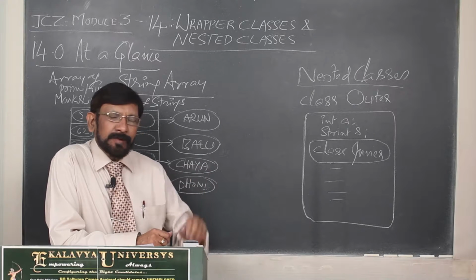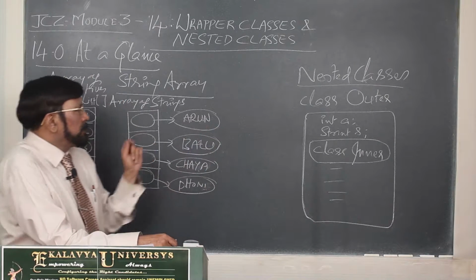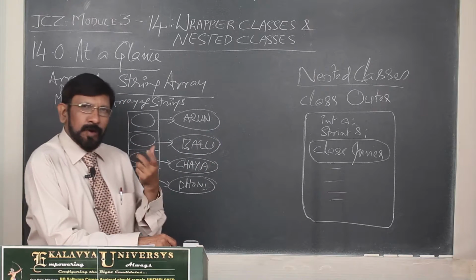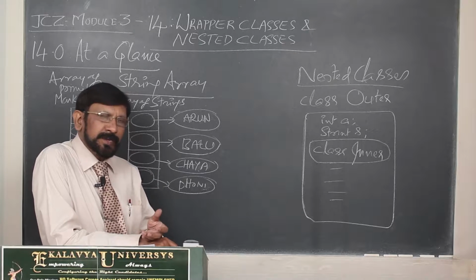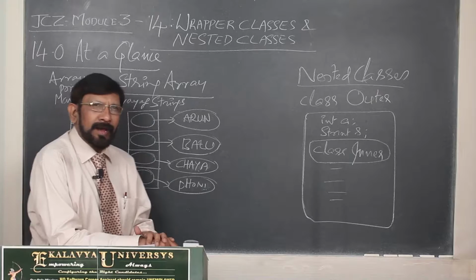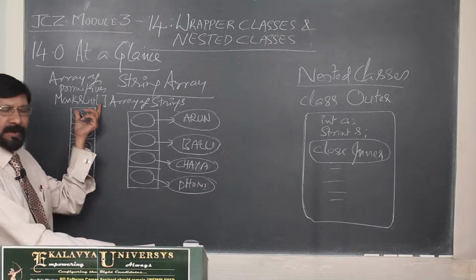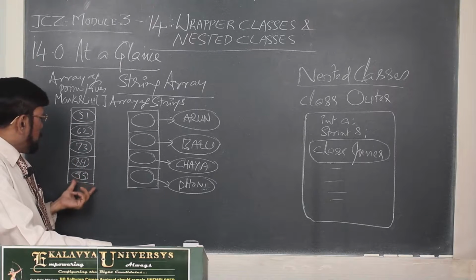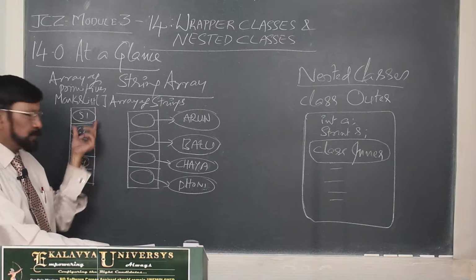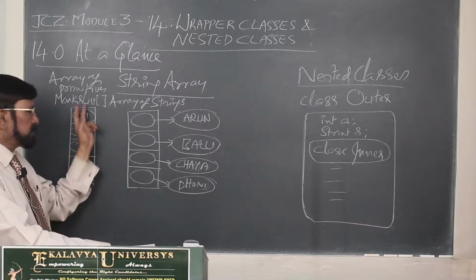How they are, I just want to show you. Thereafter, I will give a briefing. Now, you know already, in one of the chapters, in the 7th chapter, we studied about arrays. Arrays take primitives. This is a mark list. It contains all the marks of a student in 5 papers. This array deals with primitives.